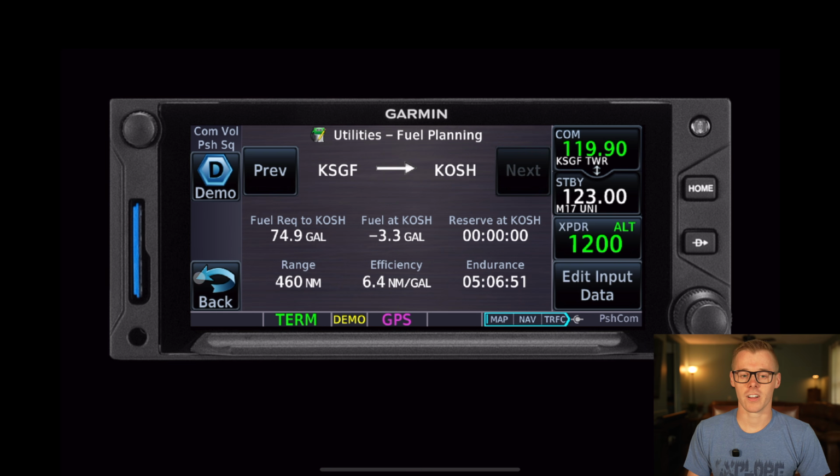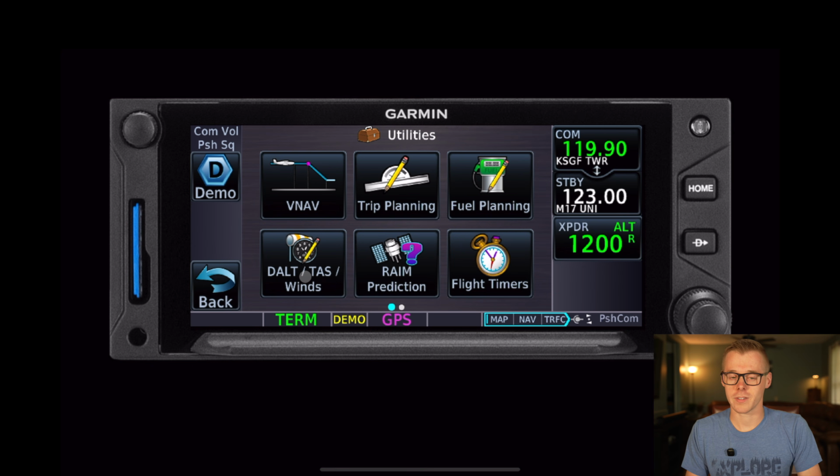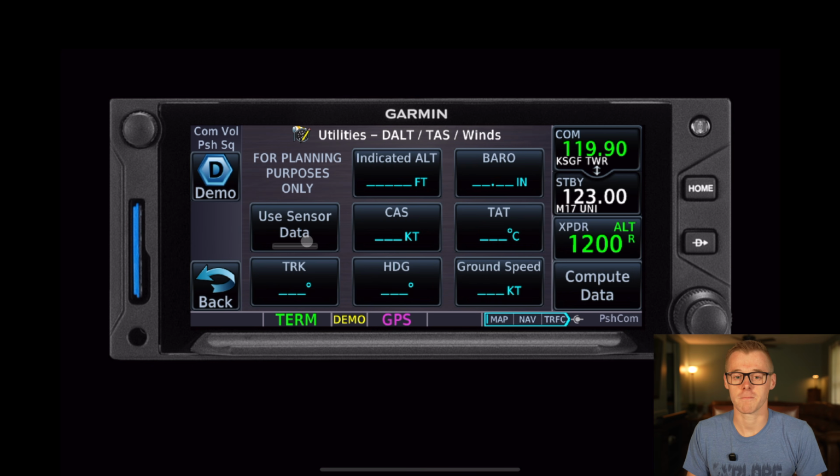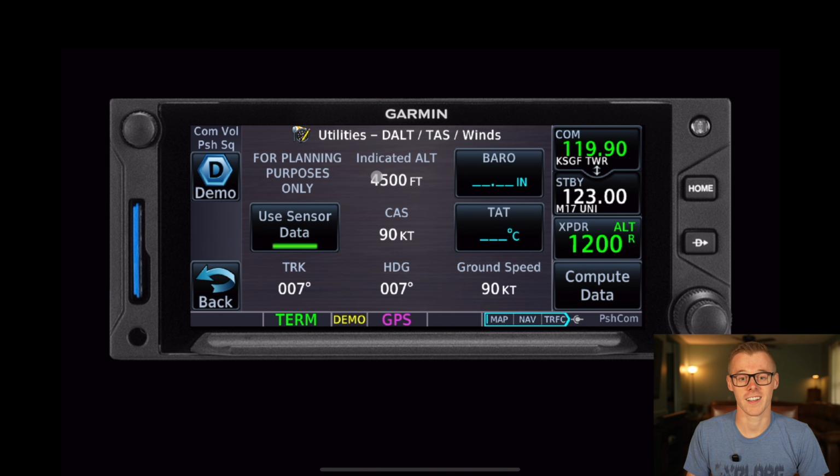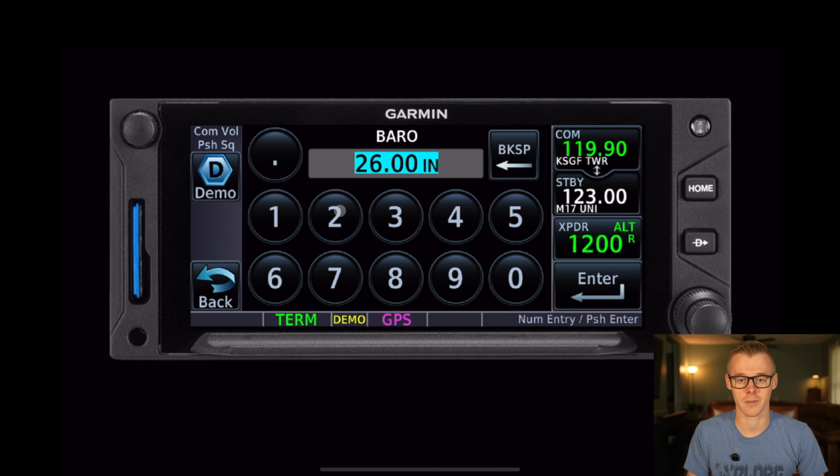Now moving on to the winds aloft utility, we can open that up here. And you can see it's designed a little differently. It's meant to be used in flight only and not for planning, so we can't use it for a flight plan. The first thing I like to do is just hit Use Sensor Data, and it's going to populate most of the fields. Now you just need to enter your barometric pressure